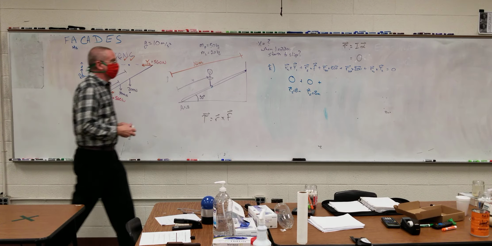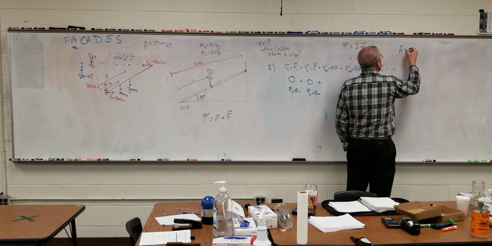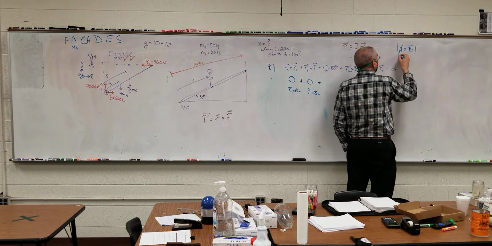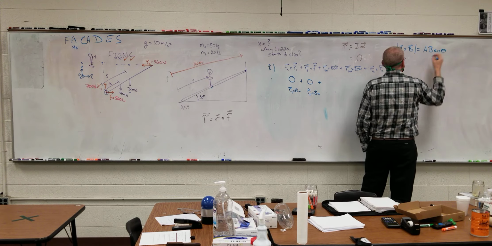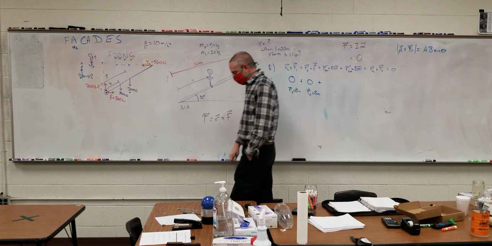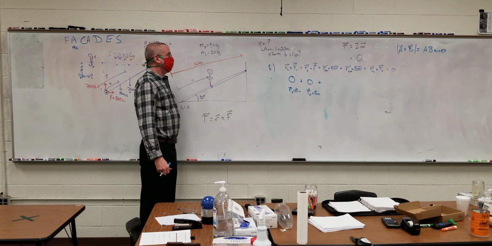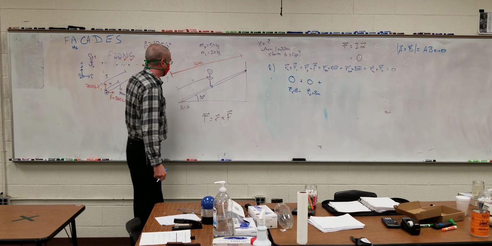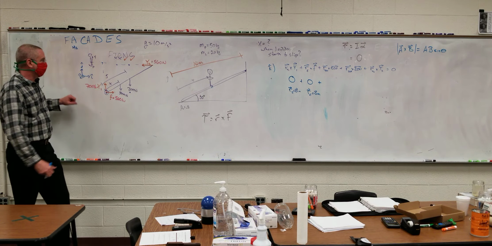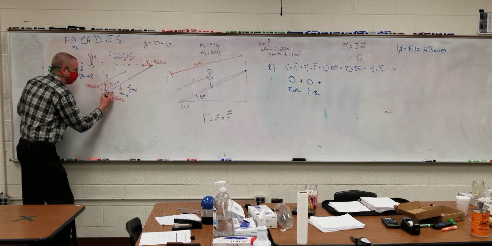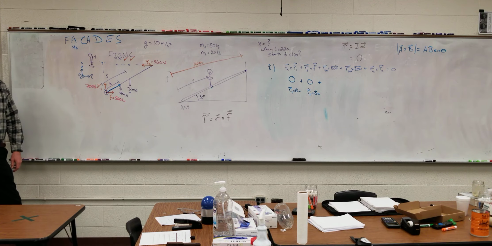Cross products, as a reminder: the magnitude of A cross B is the magnitudes times the sine of the angle between them. So for this R 500, basically I have a vector from my pivot point to where that 500 newton force is being applied. What is the magnitude